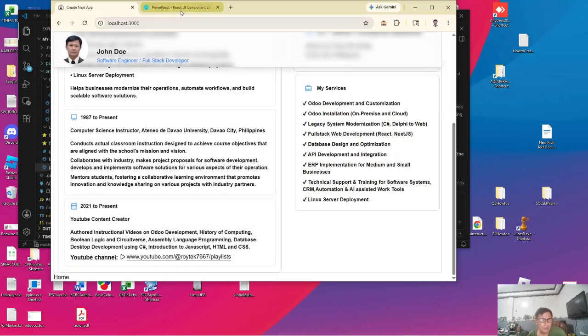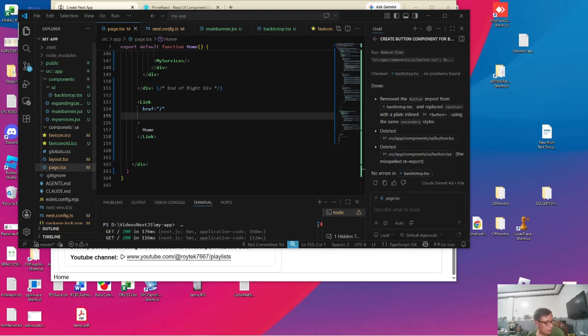To do that, we'll have to put a footer so that there will be a space. Maybe we'll do that later. We'll just make this a floating button first. So let's assign the class name.